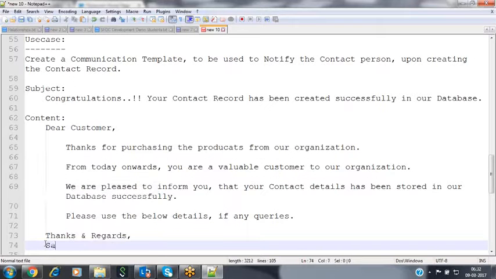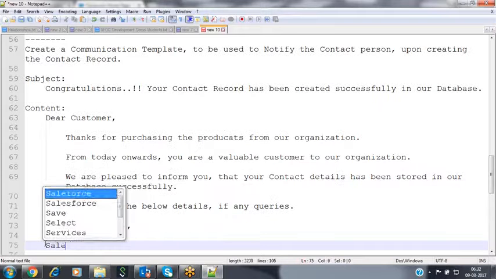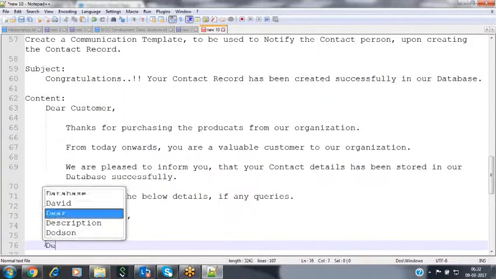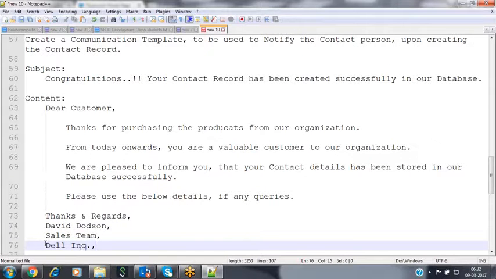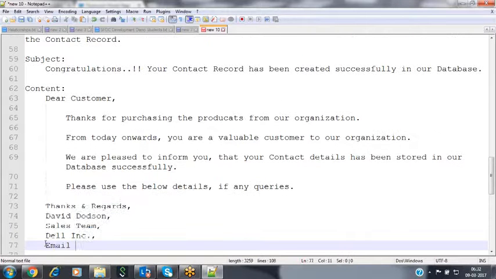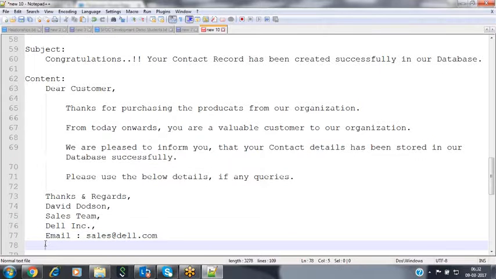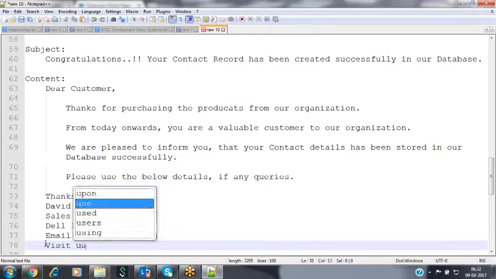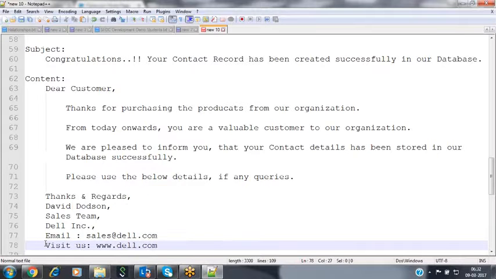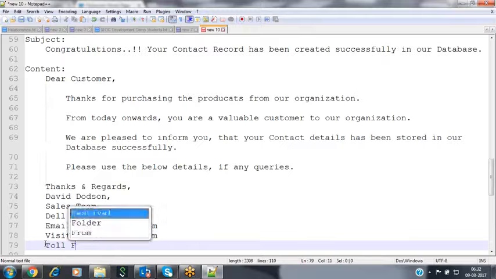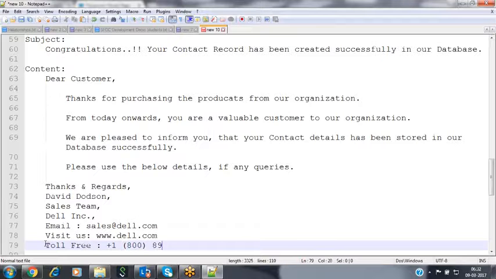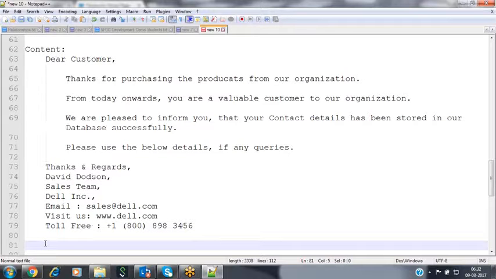Sales team, or so-and-so person here, like some David Dotson from the sales team, Dell Incorporation, and we can specify the email address like sales@somedell.com, and then visitors www.somedell.com, and the toll-free number 800-898-3456. So this is the information that I would like to share to the people.